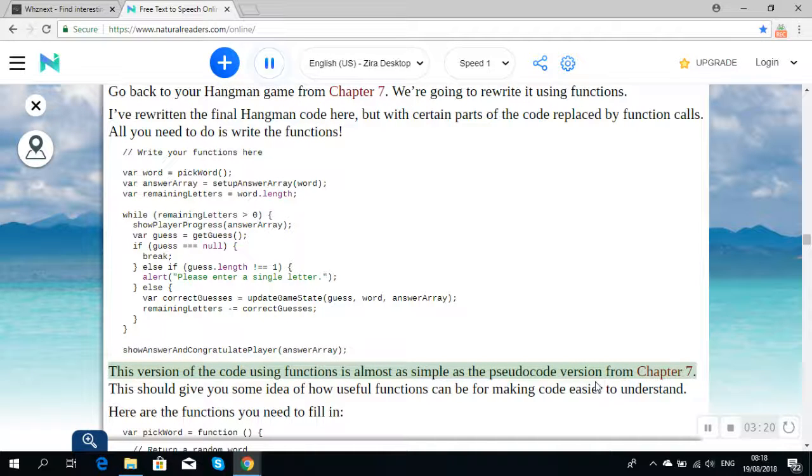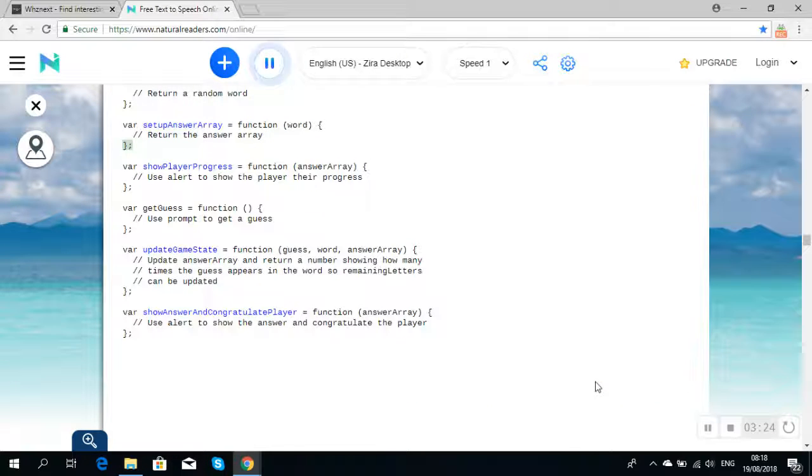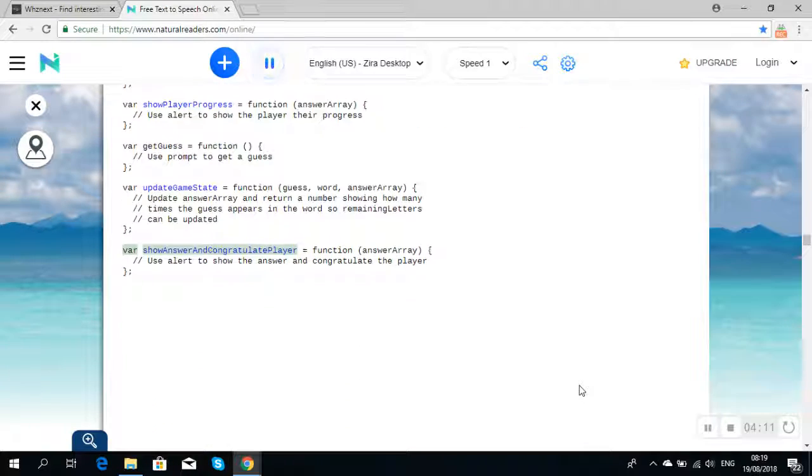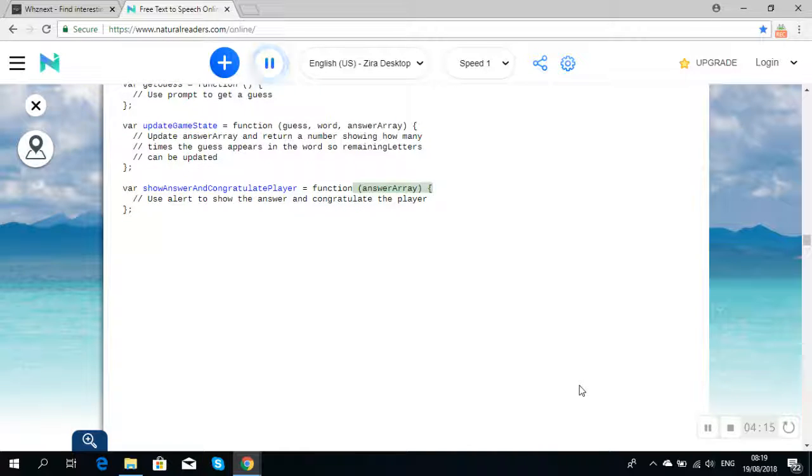This version of the code using functions is almost as simple as the pseudocode version from chapter 7. var showPlayerProgress = function (answerArray) { // use alert to show the player their progress. }; var getGuess = function () { // use prompt to get a guess. }; var updateGameState = function (guess, word, answerArray) { // update answerArray and return a number showing how many times the guess appears in the word, so remainingLetters can be updated. }; var showAnswerAndCongratulatePlayer = function (answerArray) { // use alert to show the answer and congratulate the player. };